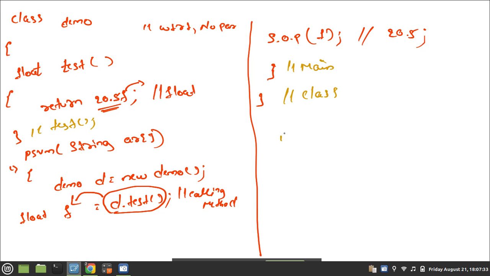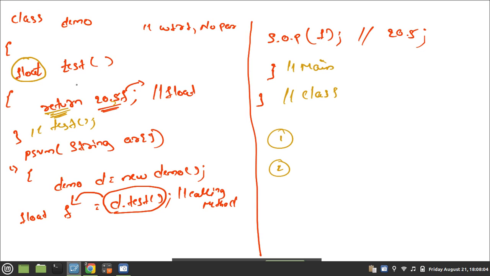So, 3 points you need to remember. This is nothing but output. What kind of data am I sending now? This return type fully depends on what kind of data I am sending. So this is float, that's why I mentioned float. One point. The second point we need to remember: whenever I am using a return type, I should use a return statement. That is compulsory. This is the second point.